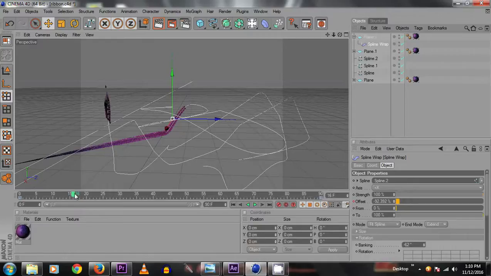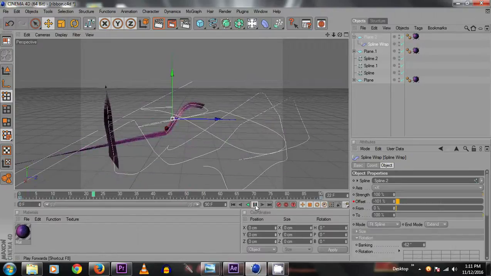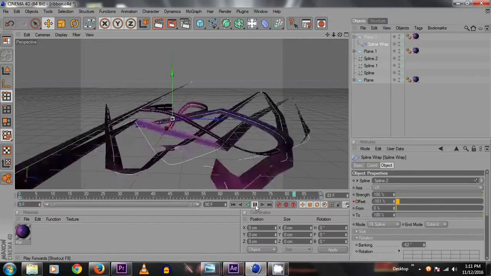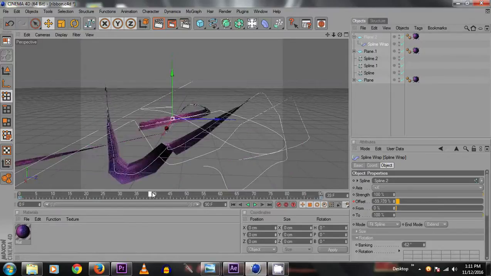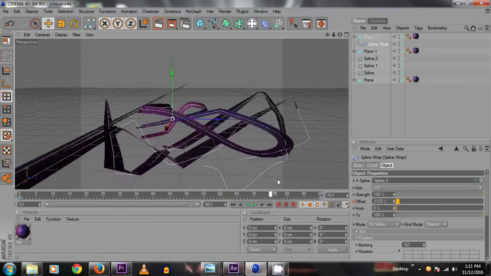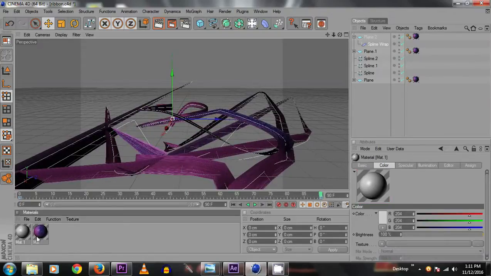Now when we play the animation, we can have many more ribbons.